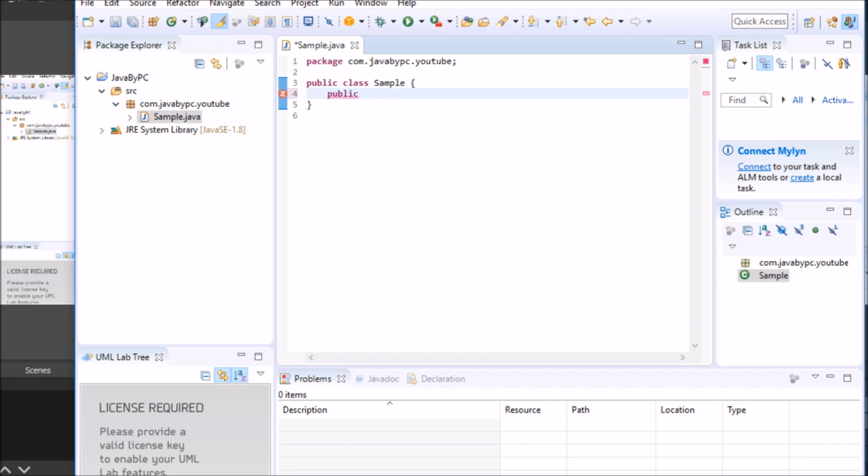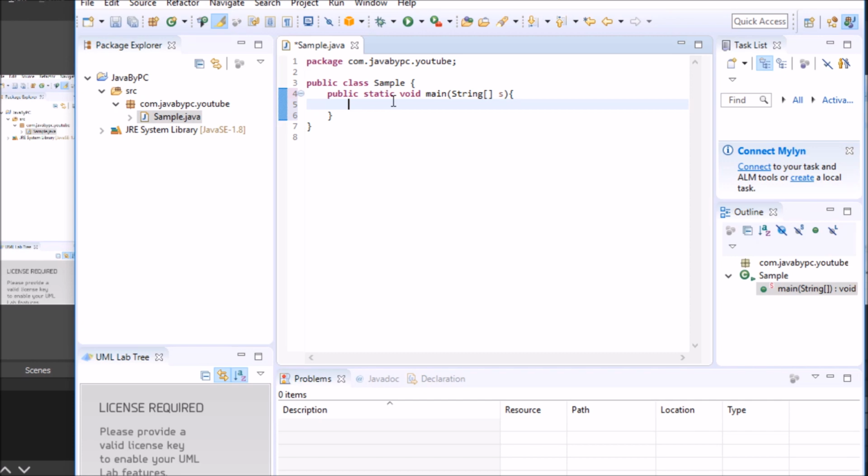We'll create a simple main function in this sample program, because to make your program executable, you have to keep the main function inside the class.